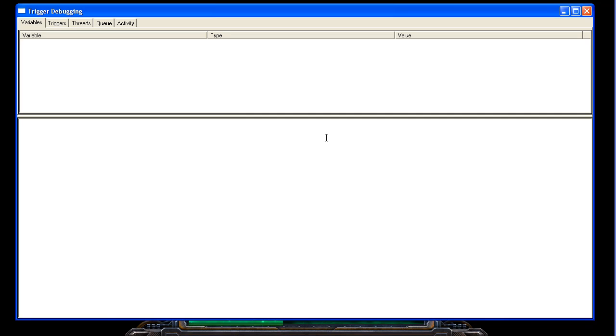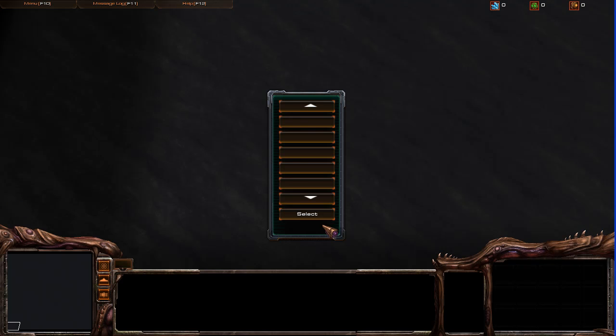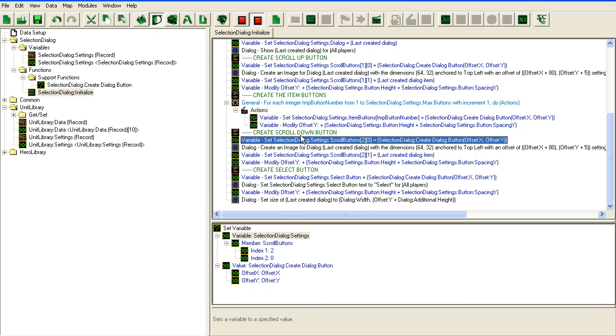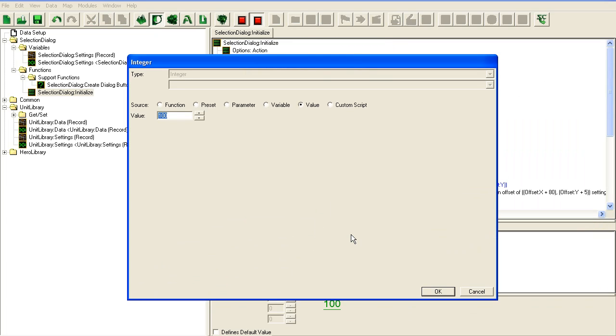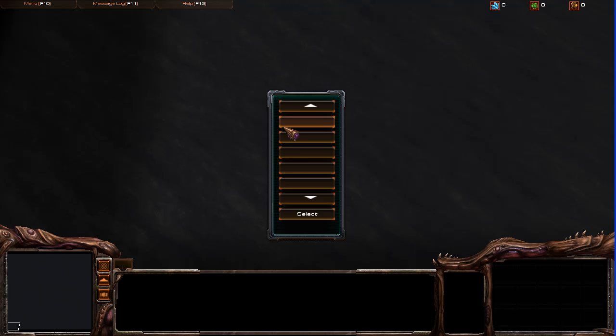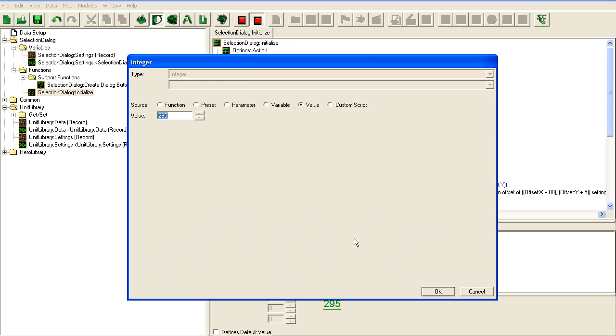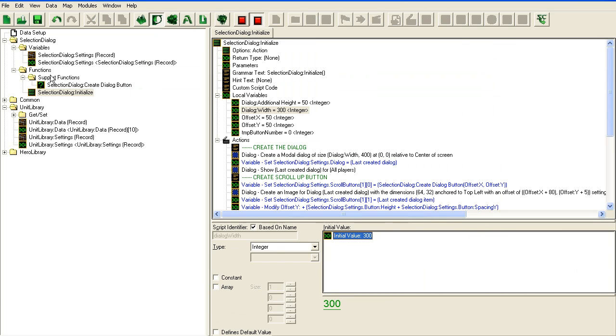Try it again. Okay, I added on a bit much height, but you'll see the dialog has scaled correctly. The image buttons are obviously not centered, but I don't care. But the good thing here now is because of the way this dialog creation is structured. So if I just add 50, maybe it should be a bit wider now. So 300. Because the way this is structured,